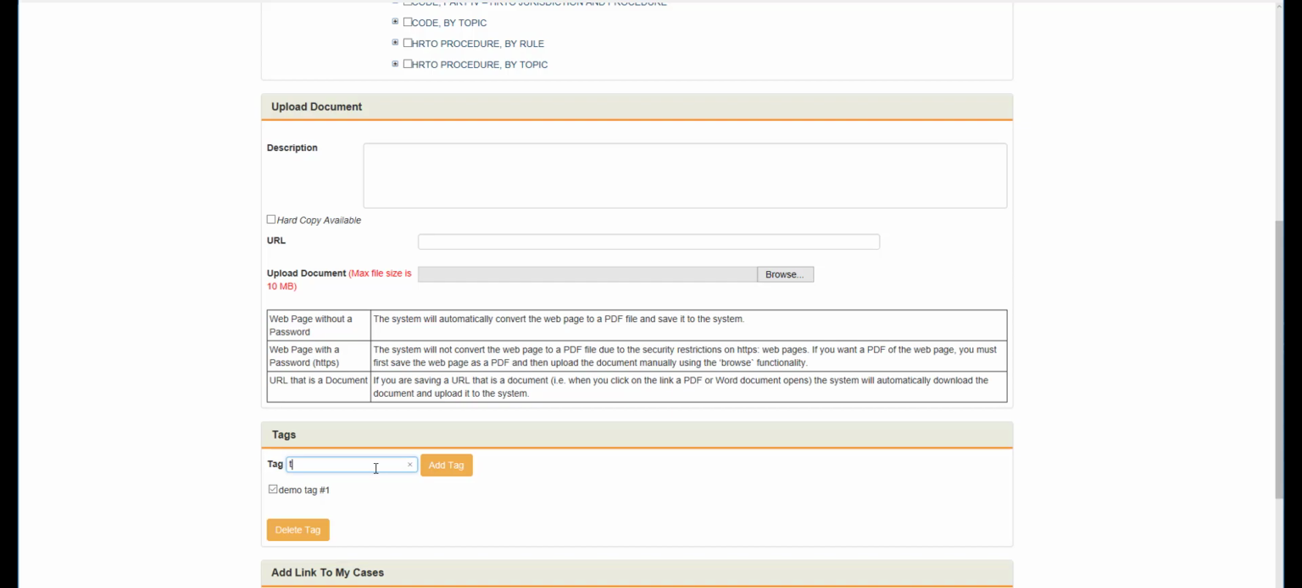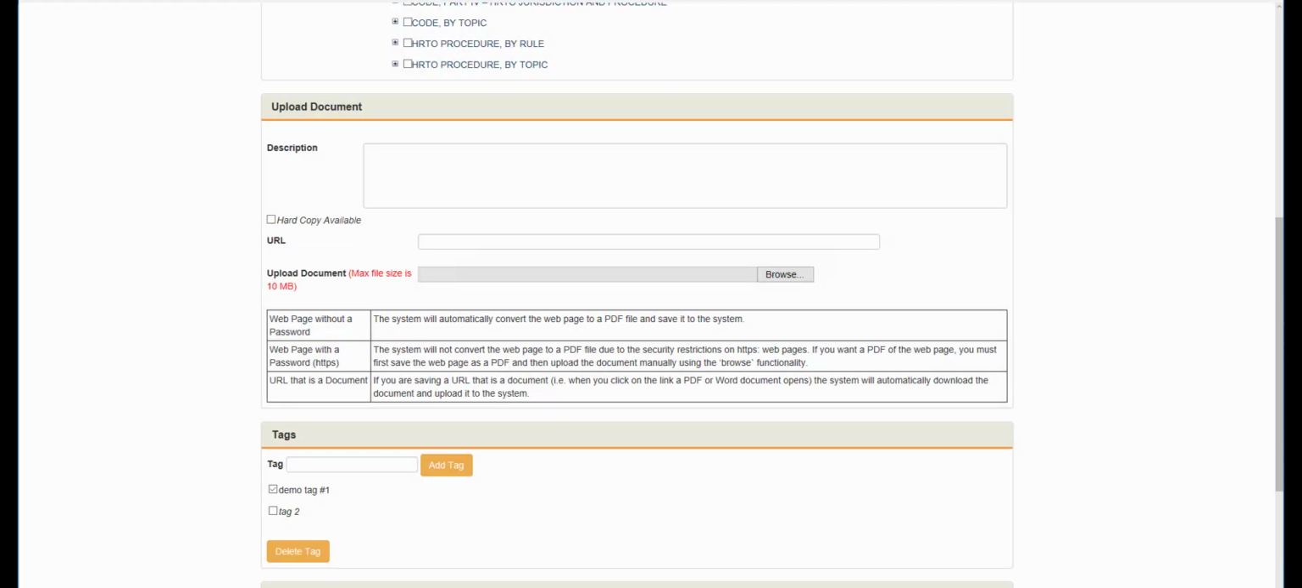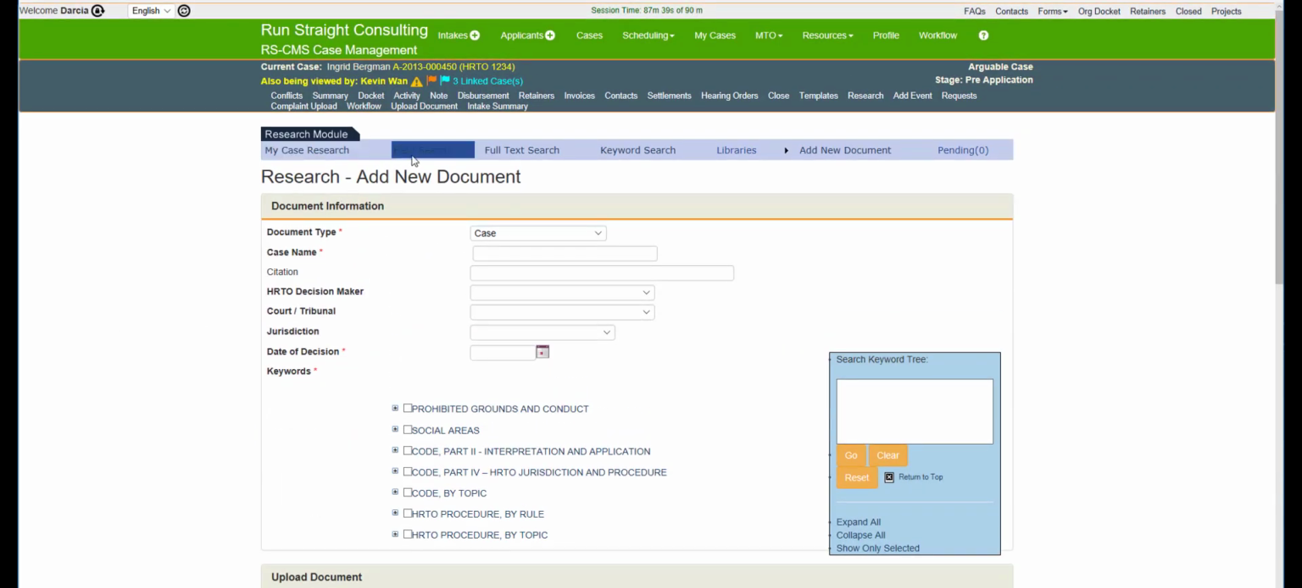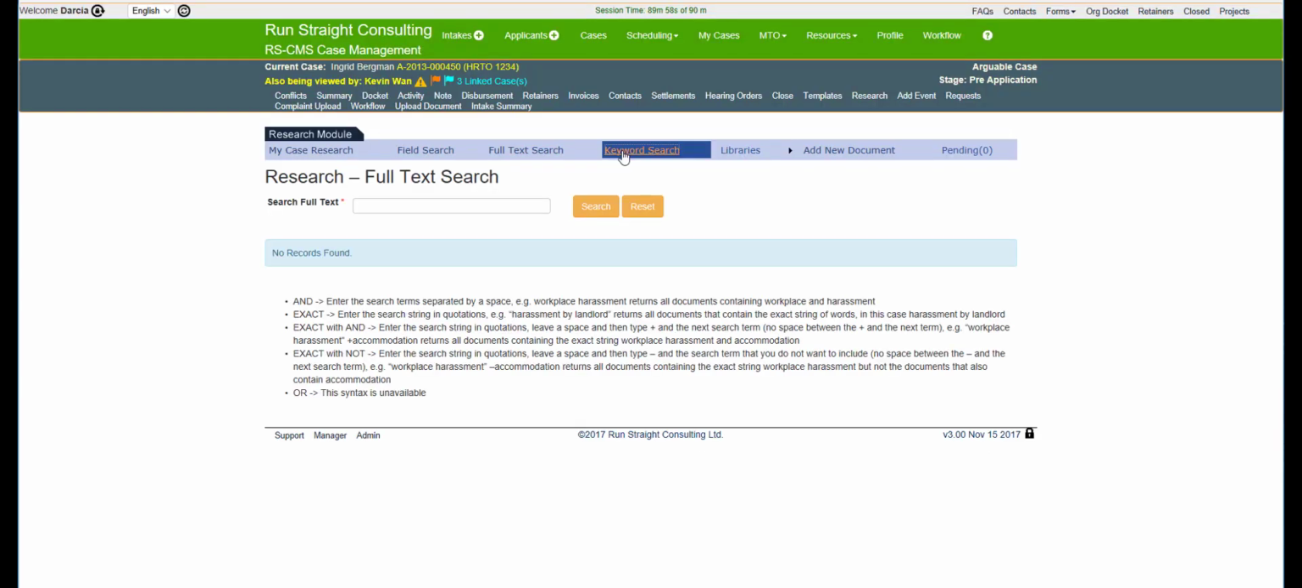And as an added bonus, once a document is tagged, all users can search for it by not only its original document metadata information, but also by its tags. Using the multiple search methods, field search, full text search, and keyword search,